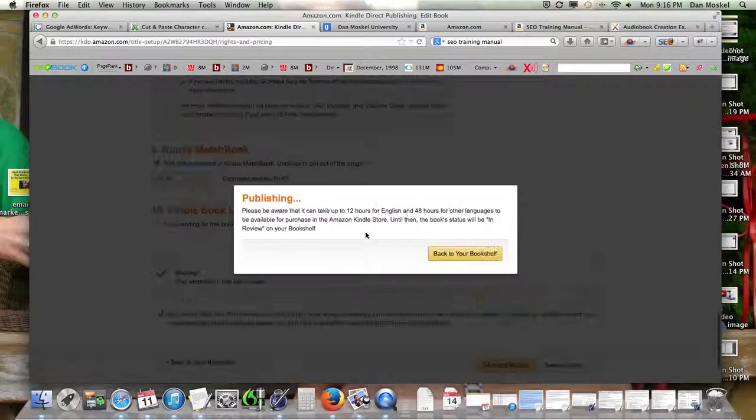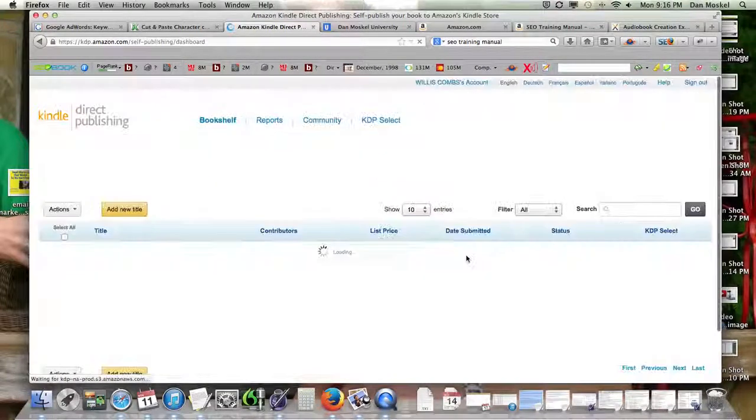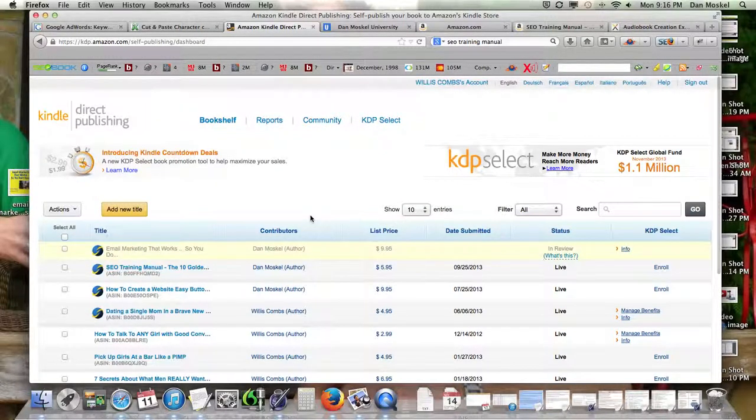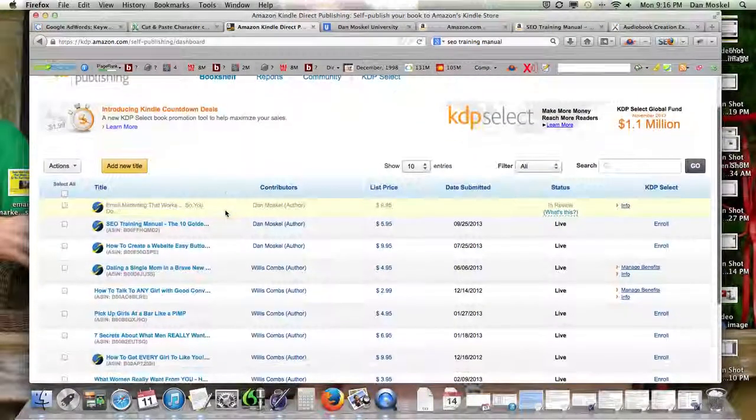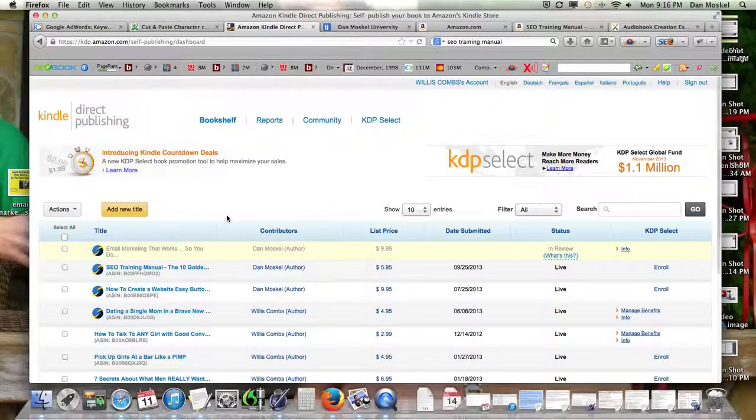So this is going to go through a review process. Okay, so as you can see, this is just one page. We have 2 pages worth of Kindles and books with some other stuff. We've been working online since 2006, but that's it. Once it goes through the review process, it will be live, and that's usually pretty quick. They said give them 12 to 48, maybe it was 72 hours, but it seems like it's usually less than a day